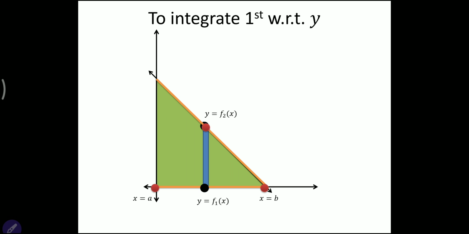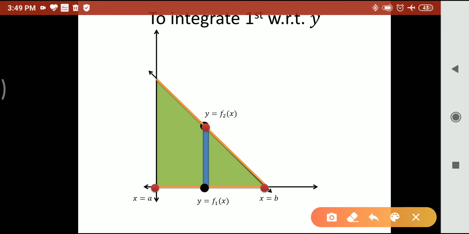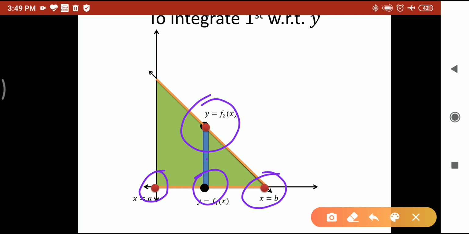Okay, so whenever you want to find the integration with respect to y first, we are going to consider a strip parallel to the y-axis. And how to get the limits? Be careful, listen here. Once again, I'm telling you, the lower end of the strip will give you y equal to something. That is nothing but your lower limit for y, and this is nothing but your upper limit of y. Similarly, when you move this strip from this point to this point, this will give you the limits of x. So limits will be from a to b. I hope you are getting it.